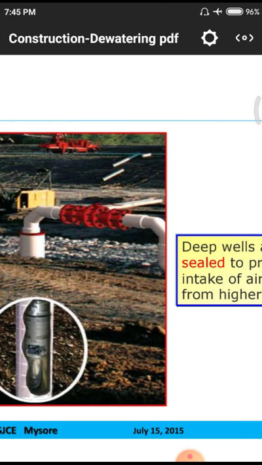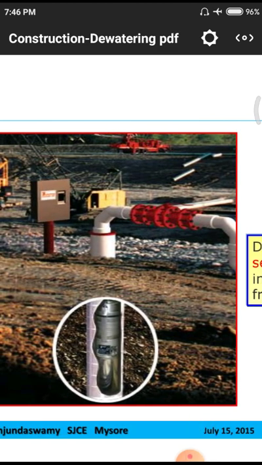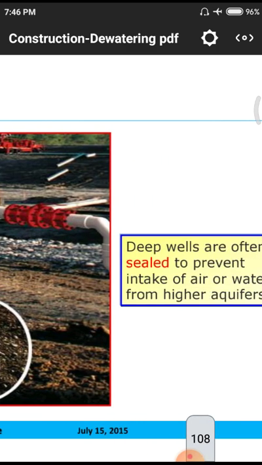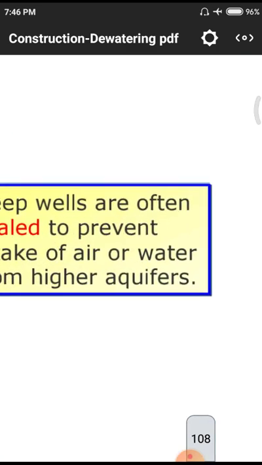Air bubbles means normally the total pressure will be coming with the help of this air, and there will be no suction pressure at the bottom. Automatically there will be a smaller quantity of water coming out from the wells. So to prevent those kinds of leakages, we need to use some quantity of sealing materials around the pipe systems, so that those sealing materials directly give a huge amount of pressure with respect to these pumps at the bottom. Automatically the flow will be very high.